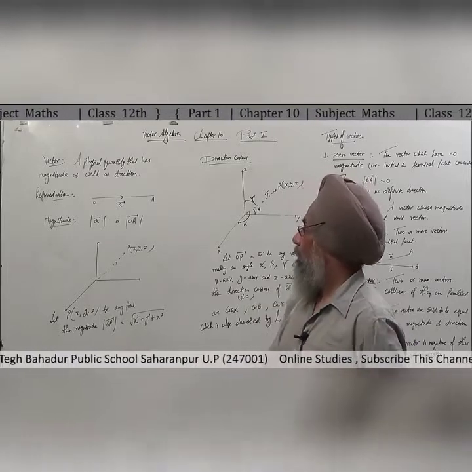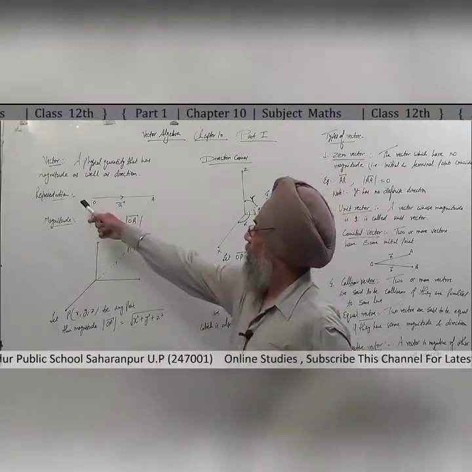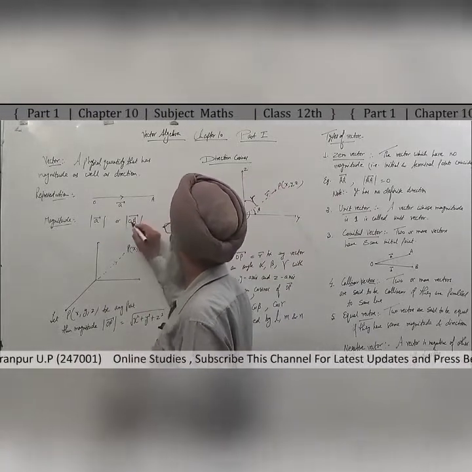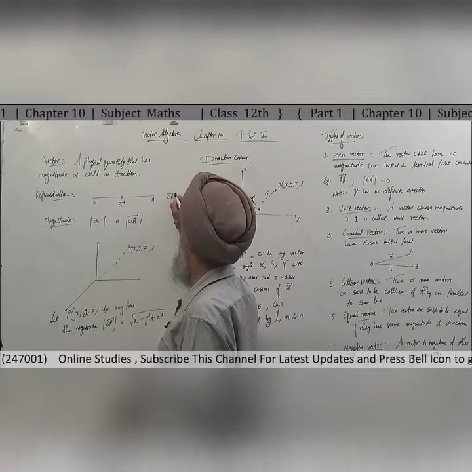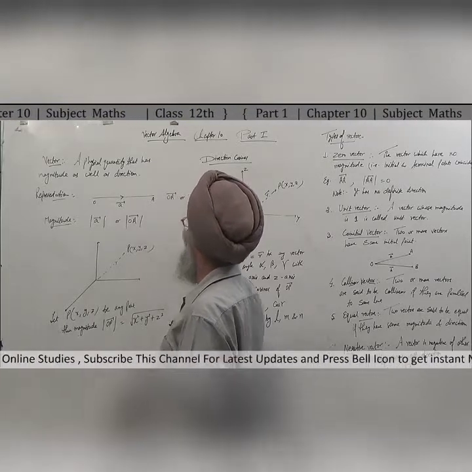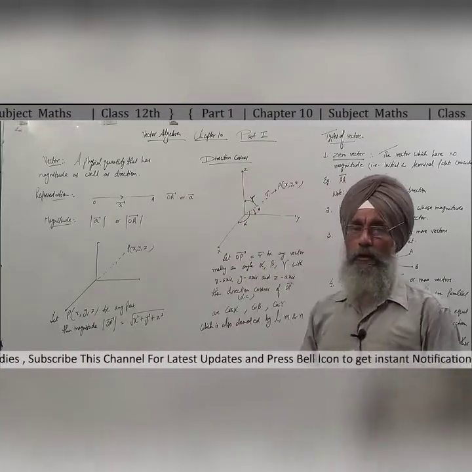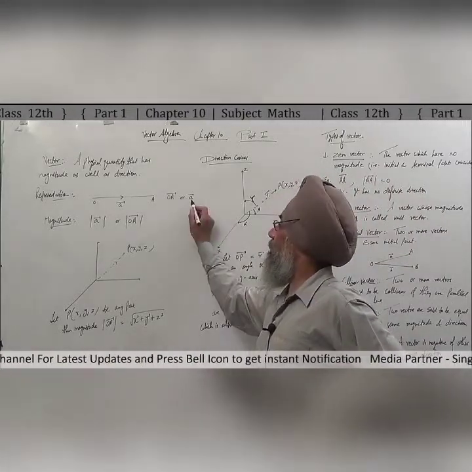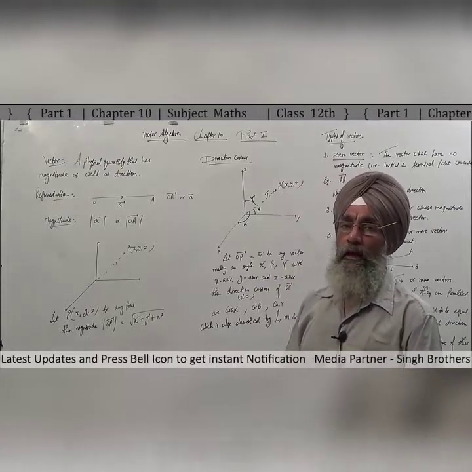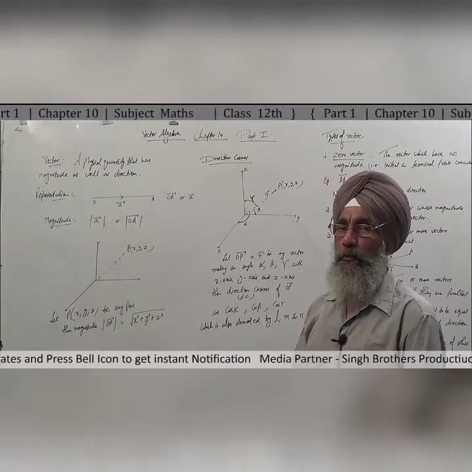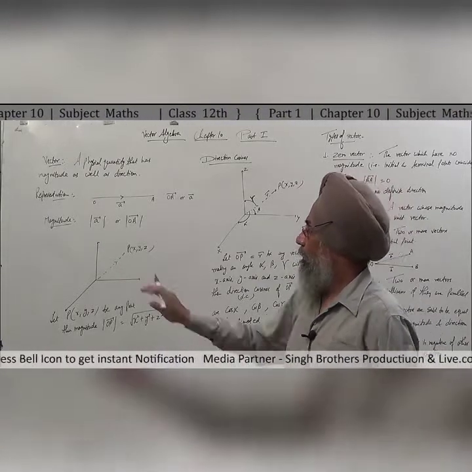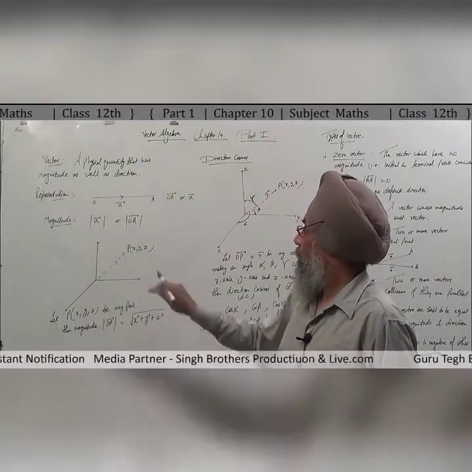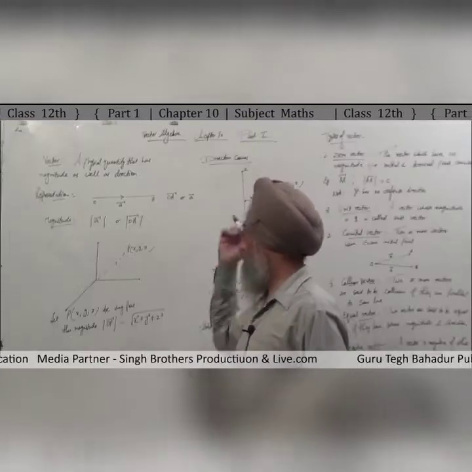Okay. Now if we represent a vector, it is vector OA, or you can say by a single small letter, that is a, represented with the arrow sign. This a is representing the magnitude, and the arrow sign is representing the direction. Magnitude is given by the modulus sign of a or OA in the modulus.